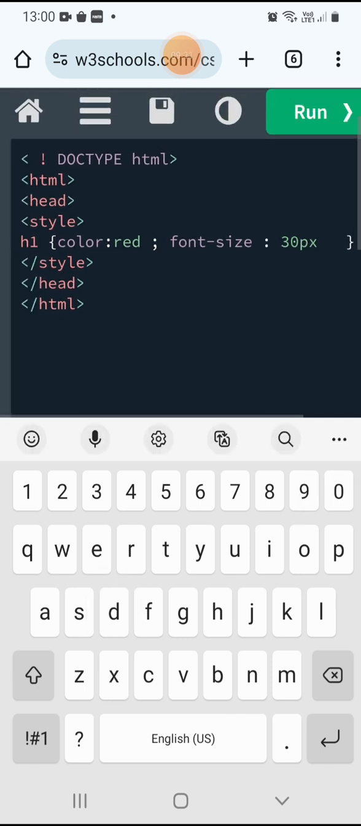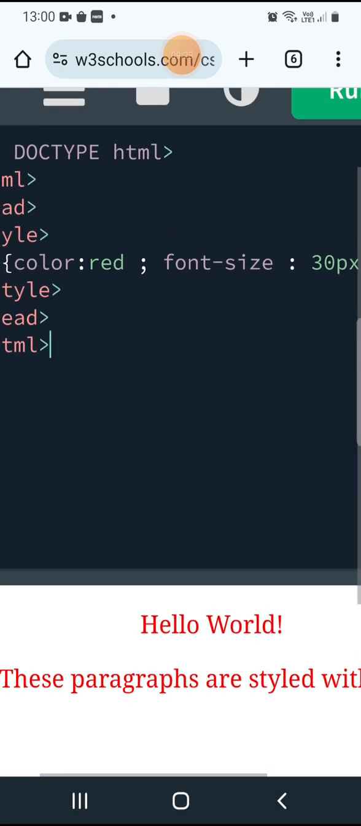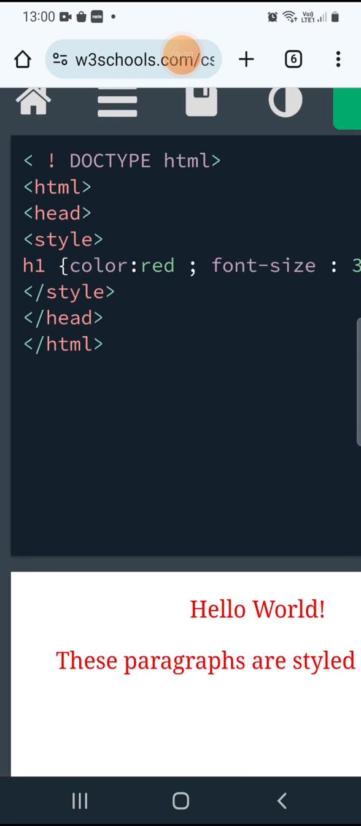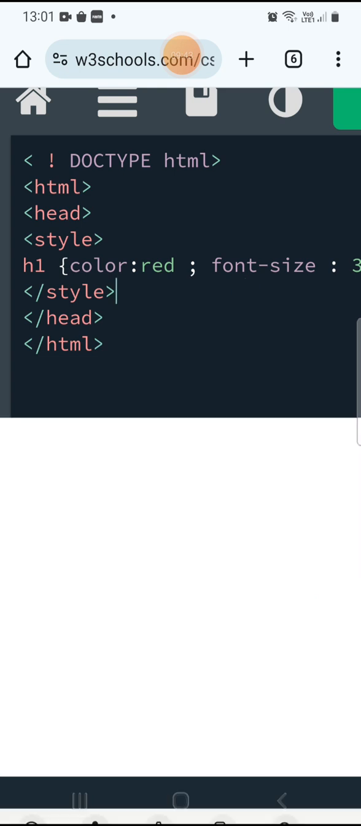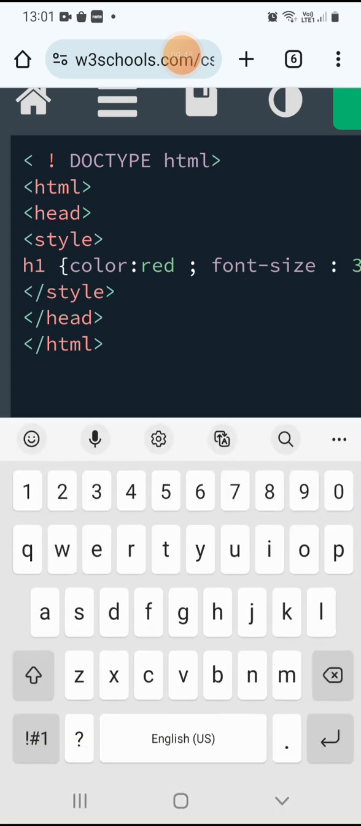Now try, see what happened here. You have written the code inside of your style element to style the header section. H1 is a selector to choose the H1 element. So now this is okay. Then after this head is closed, you write